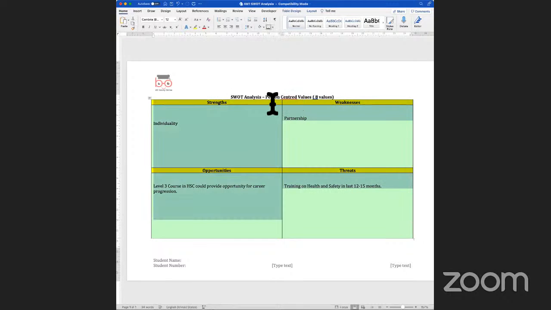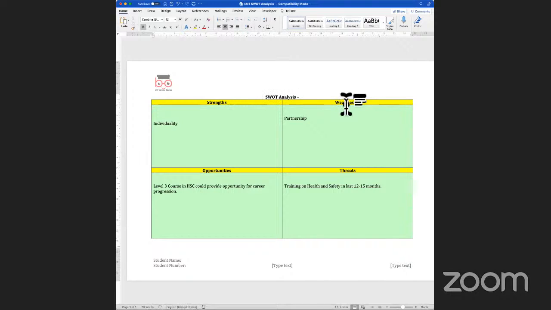And here the idea would be to do a SWOT analysis specifically related to, let's look at, there are two ways that I would suggest that you could do this. One primarily would be to do a SWOT analysis on your personal self, which is to look at what are your strengths, what are your weaknesses, what could be the opportunities, and what could be the threats. So strengths would have questions like, what do you do well? Questions like, what can you do best in terms of offering, say, some sort of services to patients. What are your strong